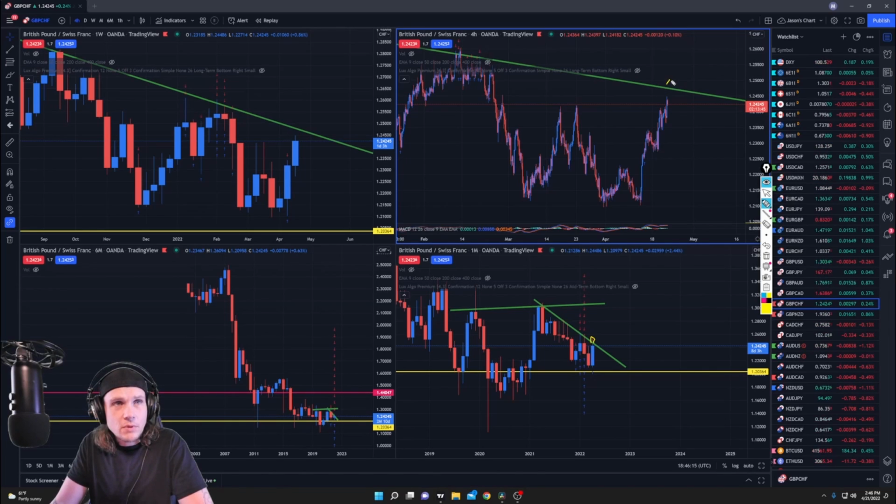You know, a candle close above this trend line. And if and when we get that, and we have a full candle body above the trend line, I'm in right away. Even if it goes lower, I'm going to hold it because this looks good. And I think this big picture,